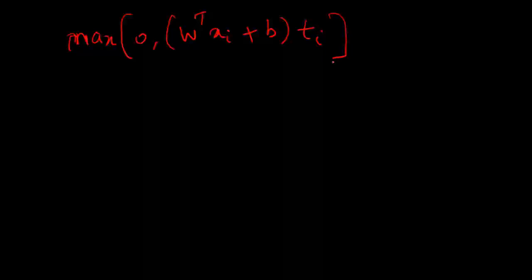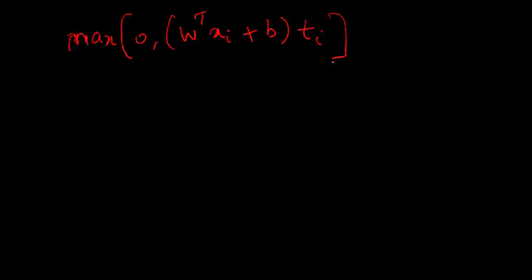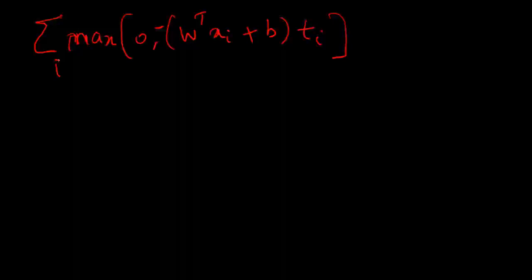So whenever this is less than 0, we are correctly classifying. We don't need to worry about this part figuring in the loss, and only whenever it is greater than 0 do we need to worry about it, and we need not have that negative sign then. Sorry, here it will be the negative of this, and then we sum it over all i, which is all the points. That's another way of defining the loss without using the set M, because anything that is not in set M has a loss of 0.